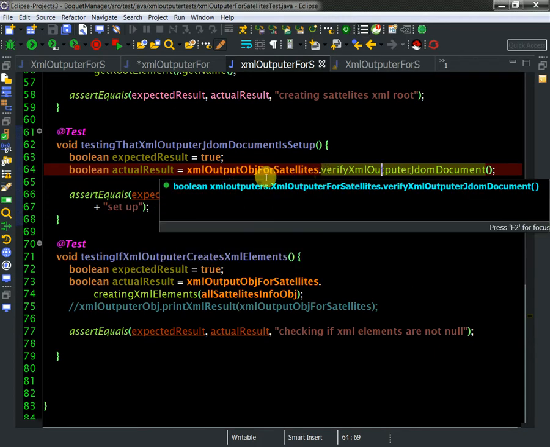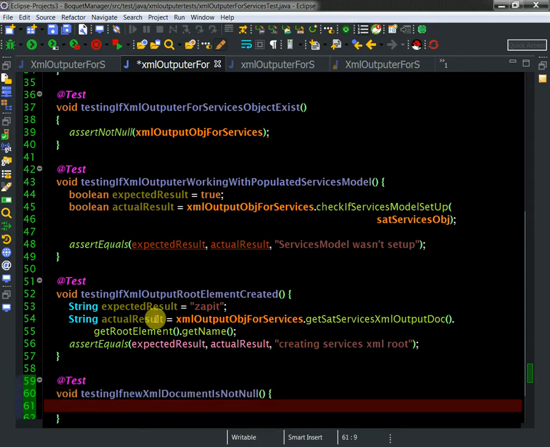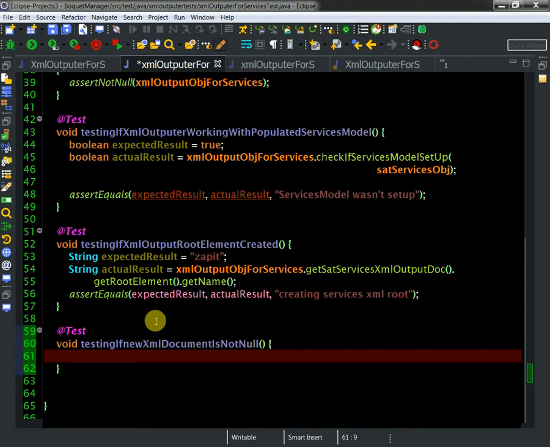Okay, now let me just do it here. Void testing if new XML document is not null. Then basically writing expecting boolean result is true,